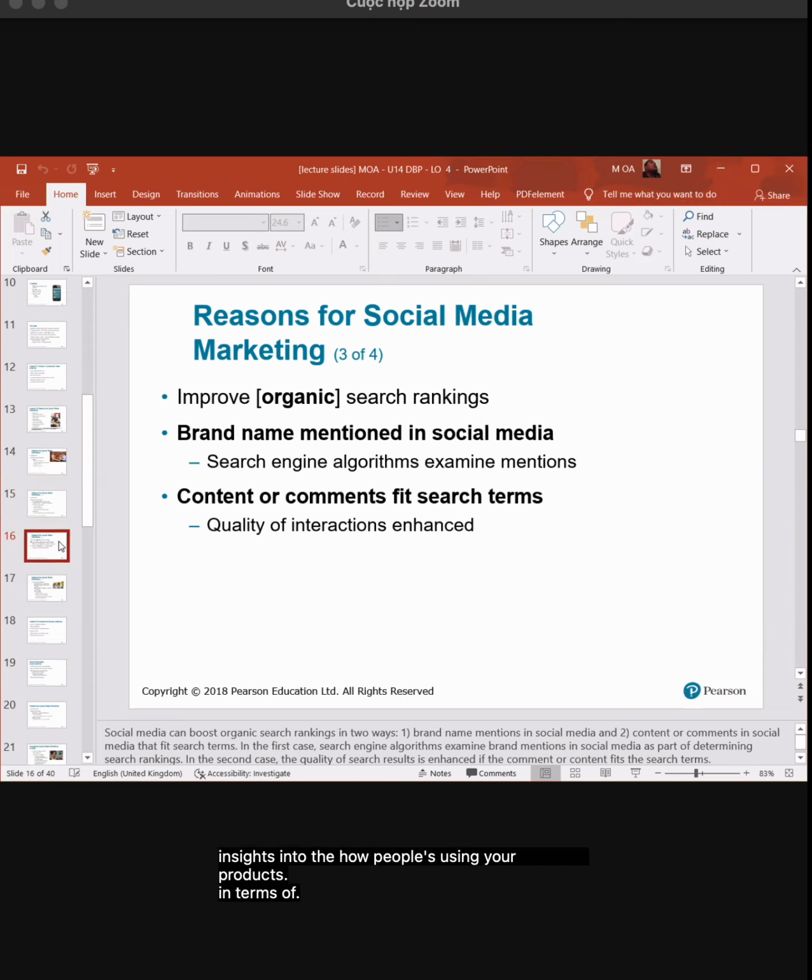In terms of growing or improving your organic search rankings, that means you want to improve your visibility on the search engines without paying for it, right? A good way to do this is that search engine algorithms give a high weight to social media links. So if somebody is tagging you as a brand on social media or using those hashtags, then that will appear on the search engine, giving you a higher place